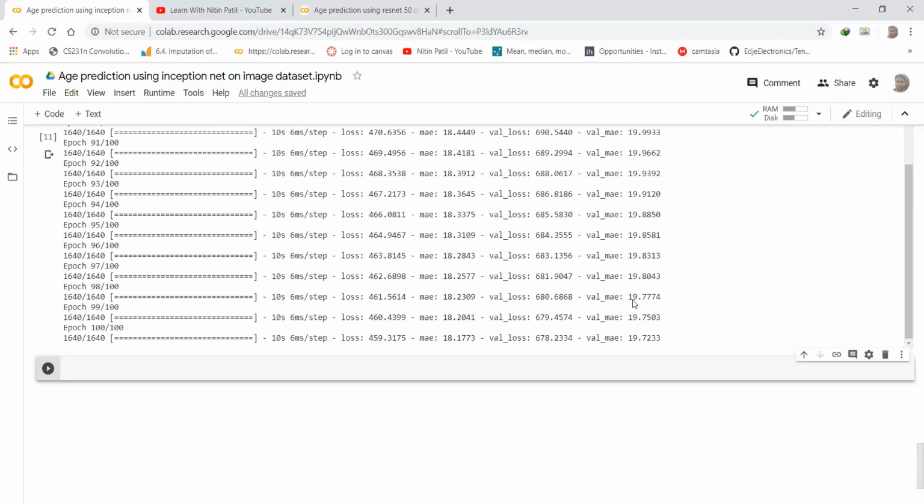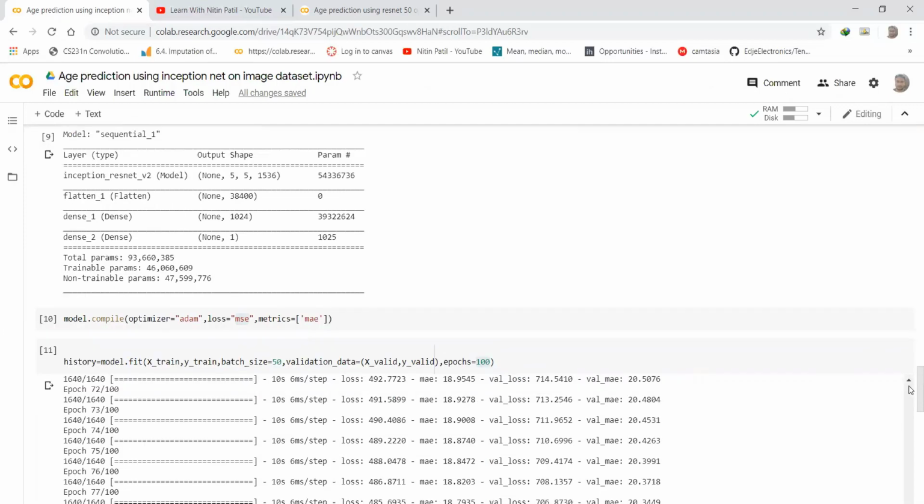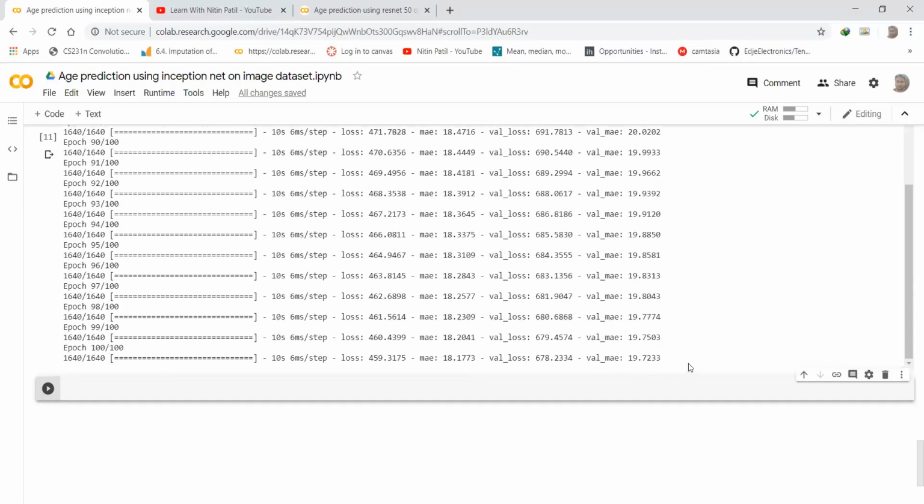If you train this model and increase the epochs to around 200 or 300, then it will also reach the global minima. The validation mean absolute error will go to around 8.0, and it will also achieve the global minima, but the epochs will be more for Inception Net. Okay, we will check what the accuracy is right now with one image. I'm going to use the same image which we used earlier. I will show you the code.